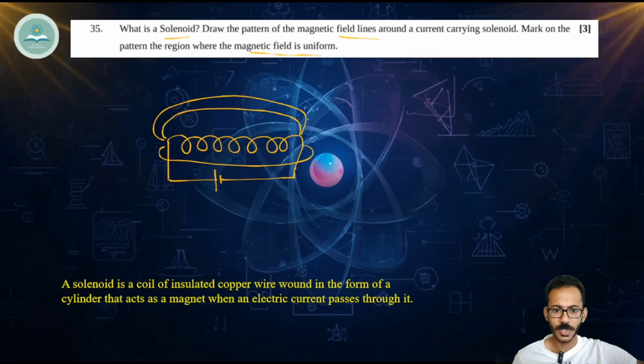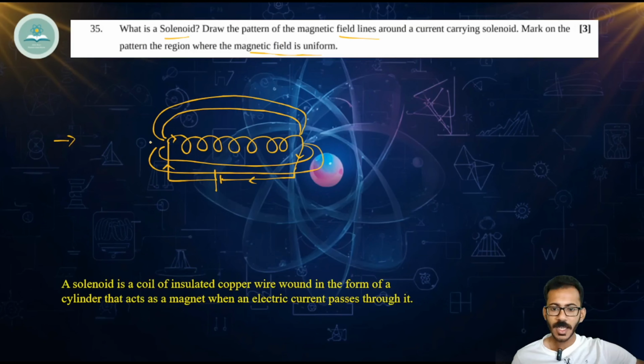Now one more thing is, here the current is flowing in this direction. The current is flowing like this. It's coming in like this. Then again here it's coming out like this. It's reaching back to the cell. So now, since the current is flowing like this, from this side, when we look, it's flowing in a clockwise